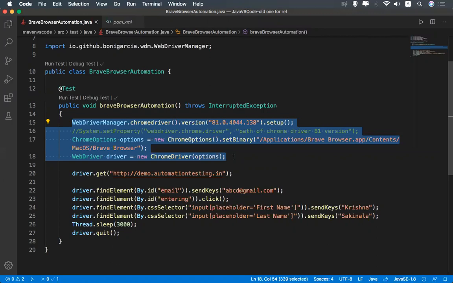Give it a try and let us know in the comments whether it's really fast or not. Here you see some slowness as my system is very, very slow. So that is the reason you feel that it is working slow. But if I'm not recording, it is very fast. So give it a try and let me know in the comment section whether you really feel that it is a faster browser than Chrome or not. Okay. So that's all in this video.